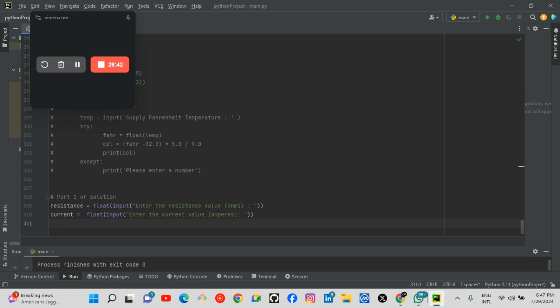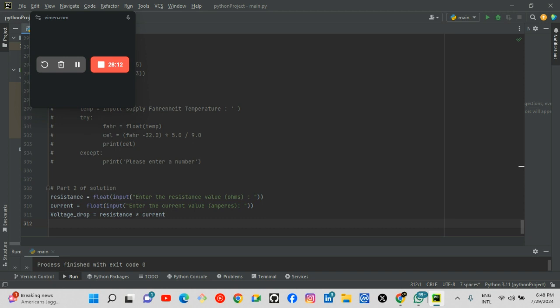Now the next thing we want to do is for the voltage drop. So now let me make it a voltage underscore drop. Remember, it must not have a space or any special character. So I'm using an underscore. So voltage drop is equals to, that voltage drop will now contain the calculation of the formula of Ohm's law, which is V equals IR, which is resistance times the current, or the current times the resistance. Anyone, it is commutative. So I just need to print it.